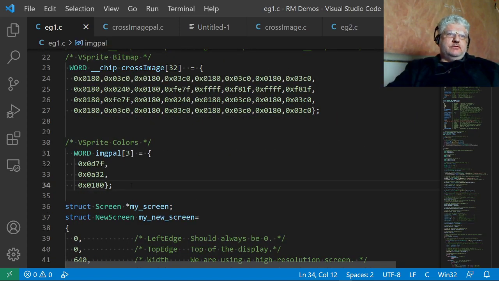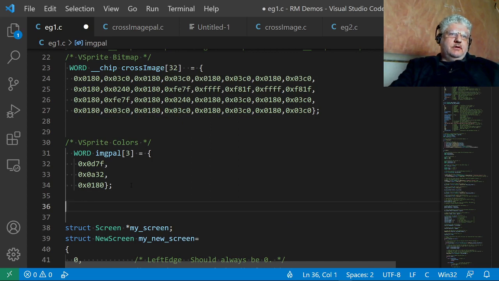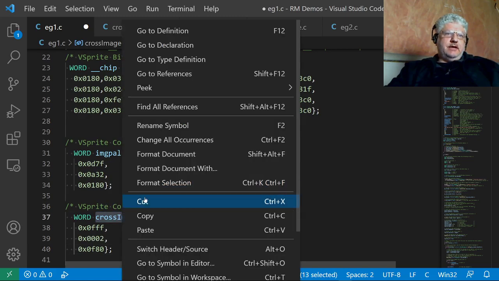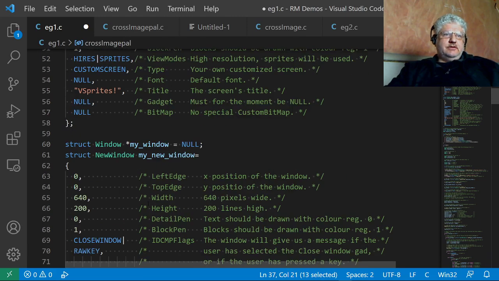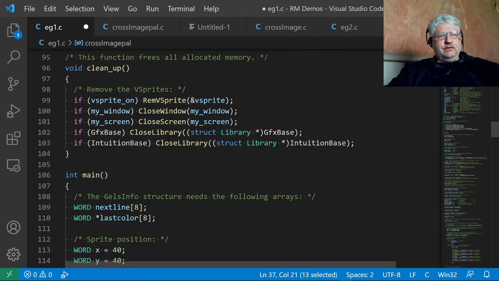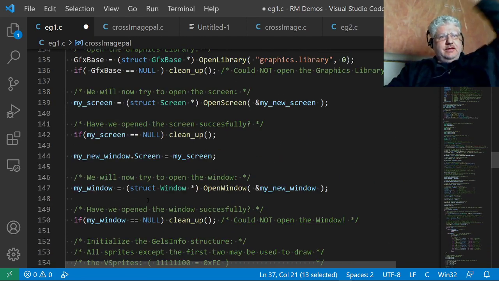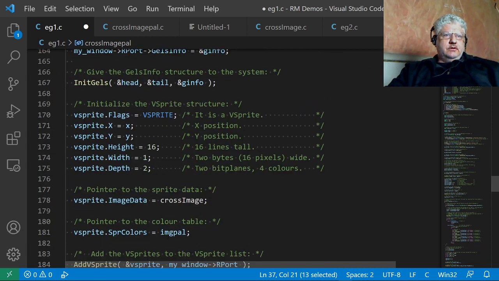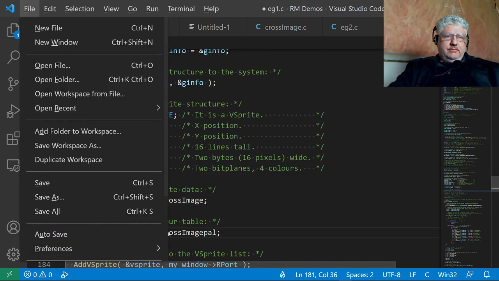All right, so our colors are cross image pal. Let's copy that. Scroll down again and find the location where we enter the palette colors. So here it is right here. So if we replace that with our new palette,